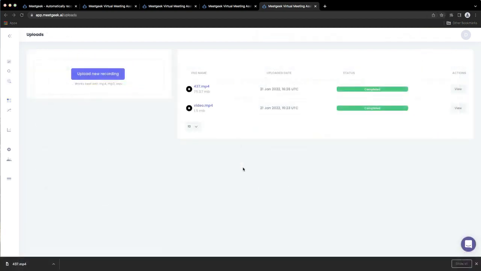So another really cool feature, and I think you're going to find this really beneficial, because we have meetings across multiple platforms. There are so many different softwares out there. So one great thing that Meetgeek allows you to do is to actually upload video content and meetings from other platforms really quickly and easily. So all you need to do is go to